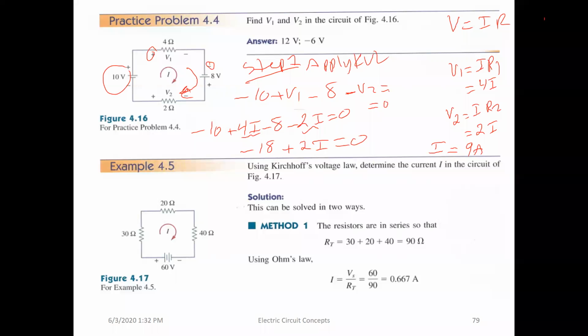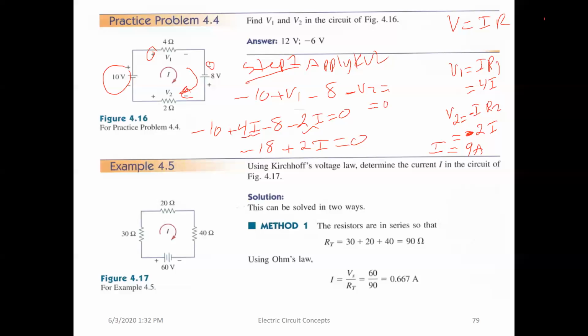Okay, I'll show you here. I found a mistake here. I'll show you where it is. See V2 here? If you look at the V2 here, the I is entering the minus sign. So here, what I did here, I should add a negative here. So this will be a minus